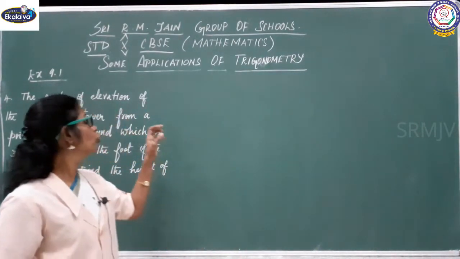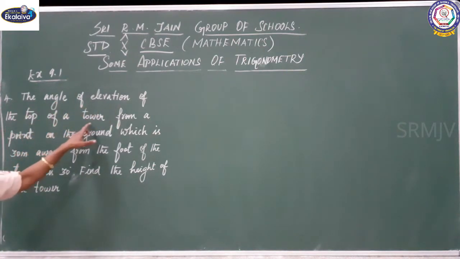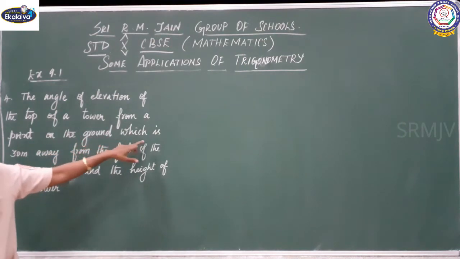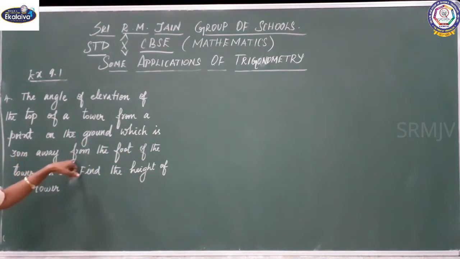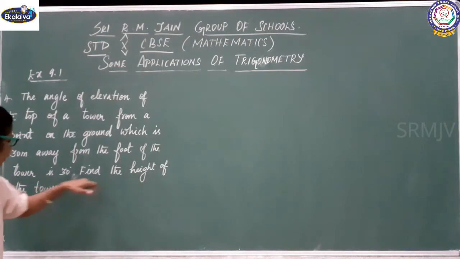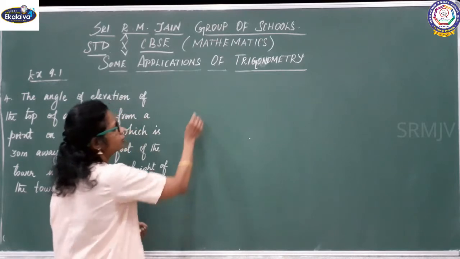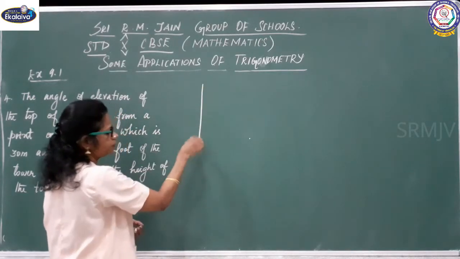Now question number 4. The angle of elevation of top of a tower from a point on the ground which is 30 meter away from the foot of the tower is 30 degree. They mentioned as angle of elevation, right? Find the height of the tower, right? This is the point, tower,